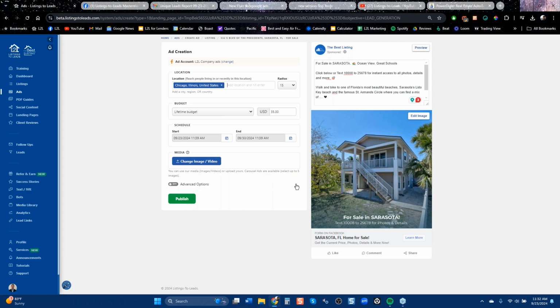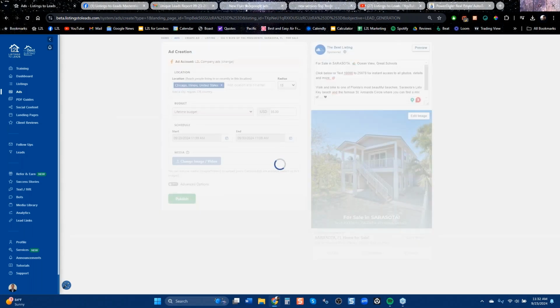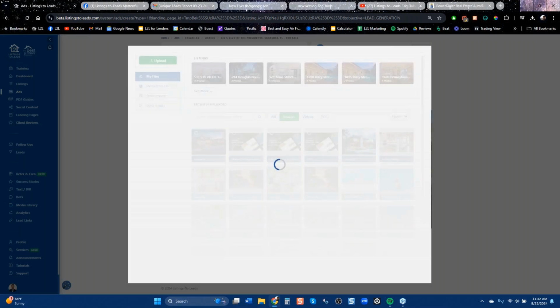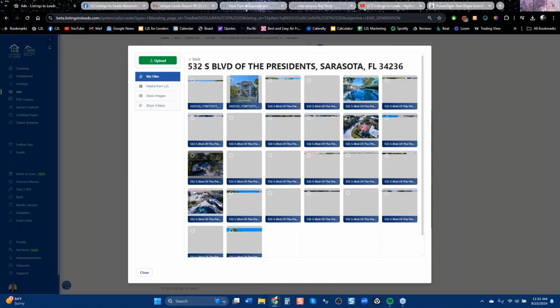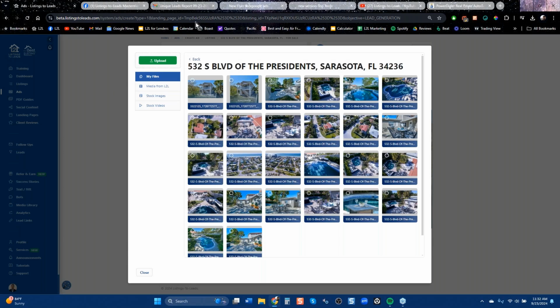New York. One other thing that I think is really great to customize, you notice that this has one photograph in it. Let's click this button over here. It says change image/video. If you're a realtor who invests in video, you can upload it right here and it would knock out that static image and put in a video, which is going to get you more leads for cheaper, right?